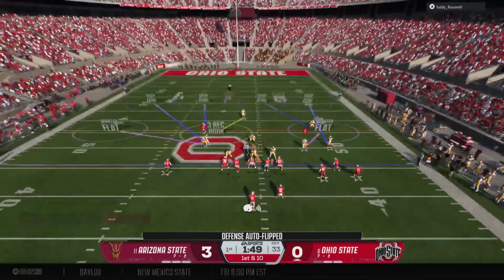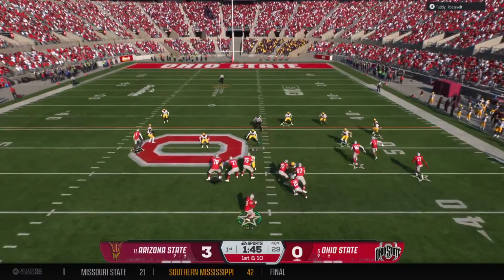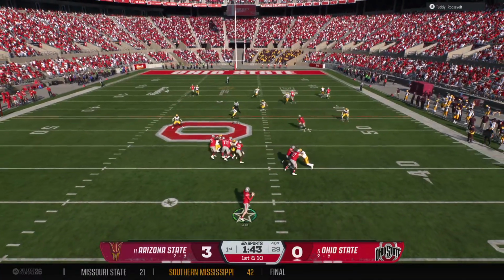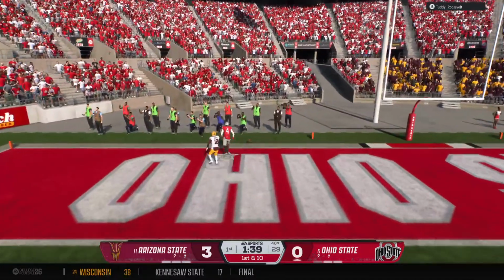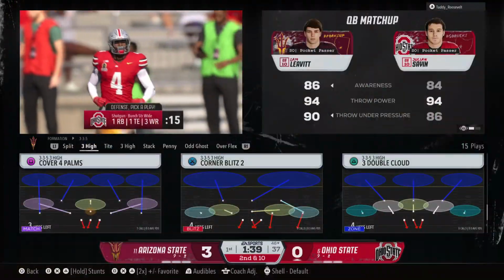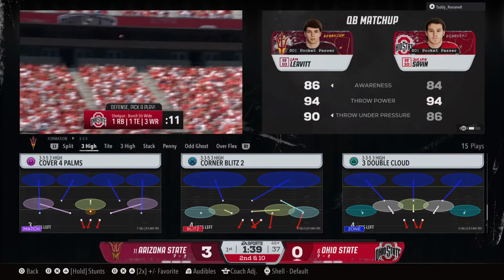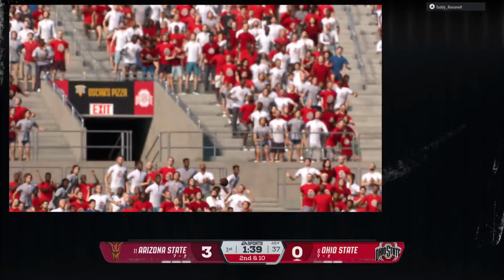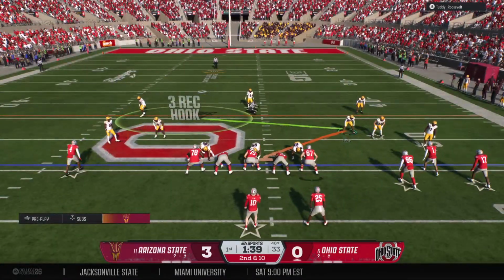Buckeyes lining up here on 1st and 10. Dropping back, it's Sayin. Taking a shot deep toward the end zone. Oh, and it's dropped right off his hands. A chance for a big play, but little early nerves on the part of that receiver. Man, I don't know how he wasn't able to hold on to that football in the end zone. That's a touchdown. A great opportunity lost, but a lot of relief for this defense.